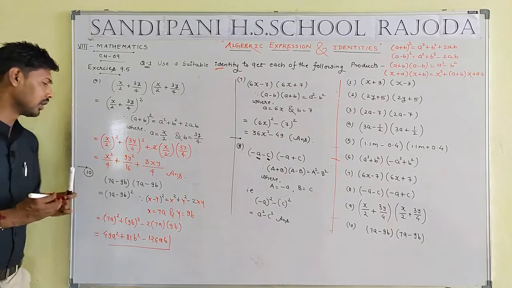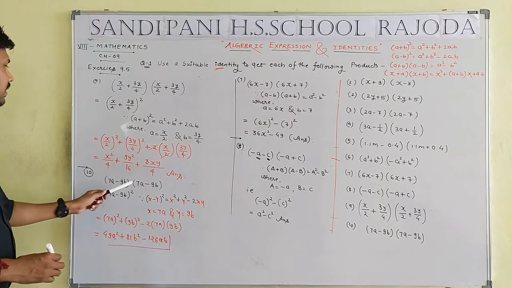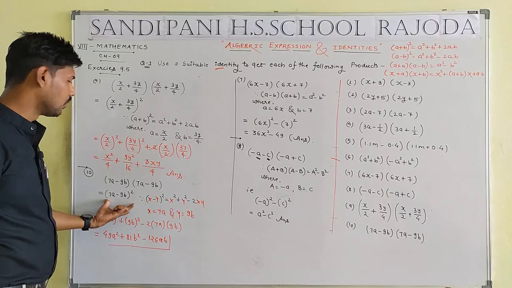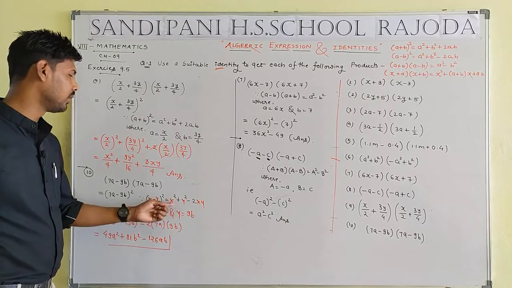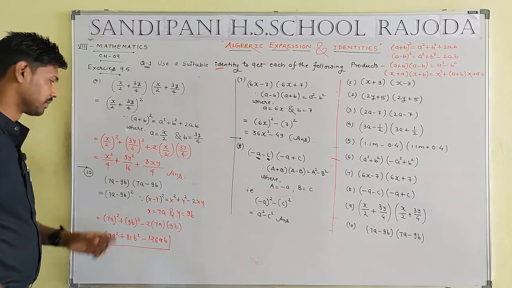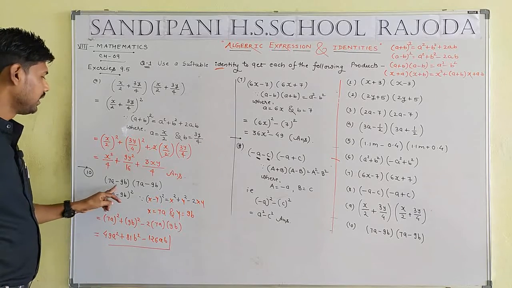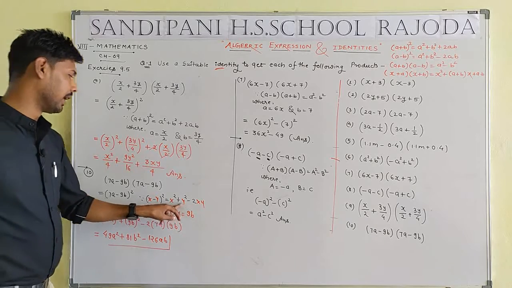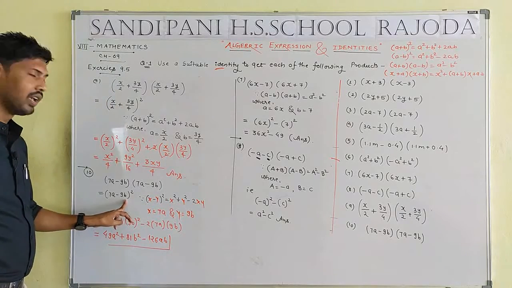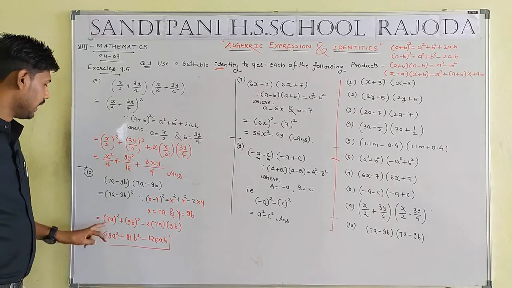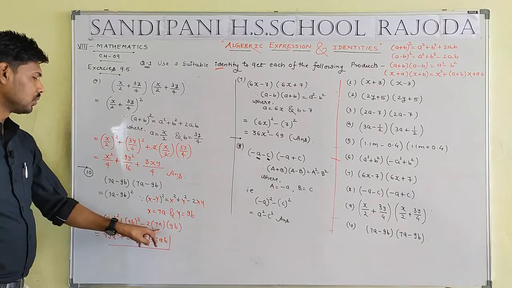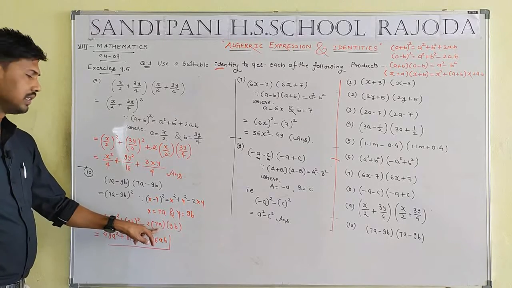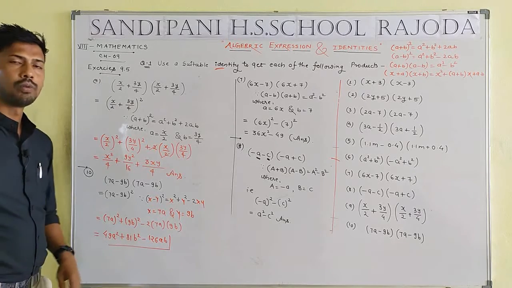Okay student, one more time. Here 7a minus 9b and 7a minus 9b both are equal and similar. That means whole square, (a minus b) whole square equal to a square plus b square minus 2ab. The question is already in the form of a and b, so we write the formula in the form of x and y. x will be equal to 7a and y will be equal to 9b, such that we get x square plus y square minus 2xy. 2 into 7 into 9, 7 9s are 63, 63 into 2 will be equal to 126.